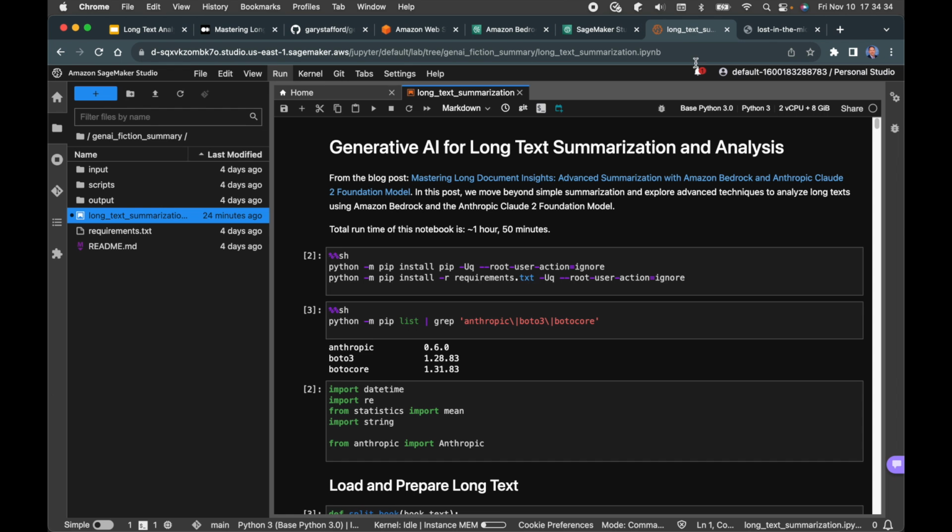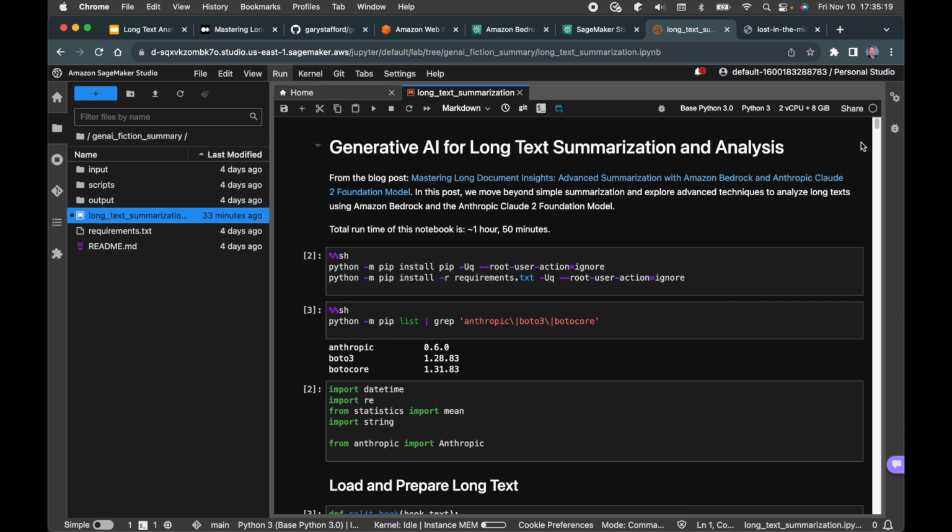So we're going to go over to the Amazon SageMaker notebook that I've created. This is a Jupyter notebook, a scientific notebook. All the samples that are in the blog post are included in this notebook, along with some additional more advanced prompting techniques that I've used, and I'll explain those as we go along. So if you follow along with the notebook in this video, there's 4 or 5 additional different types of prompts that I'm using with the long text of the Dracula novel, and some advanced prompting techniques that you'll learn beyond